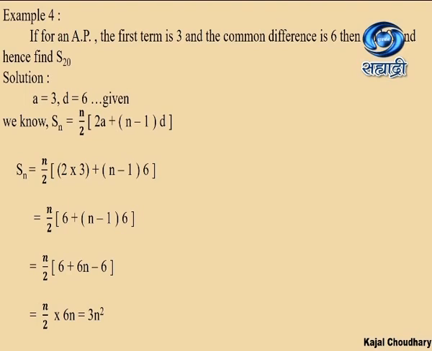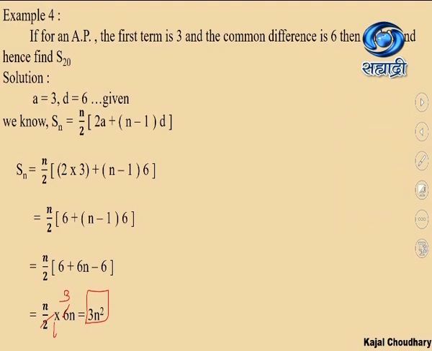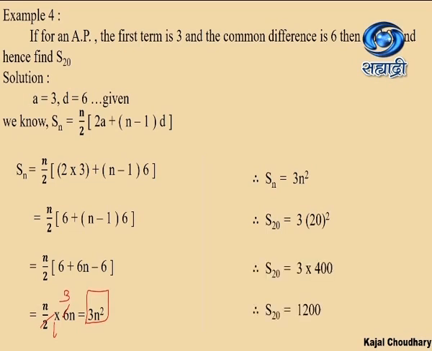Again, it can be reduced and I'll show you how. Now, 2 ones are 2, 2 threes are 6. Now, we are left with n multiplied by 3n, which is 3n square. Now, your Sn is equal to 3n square. Therefore, now we can find S20. Your n goes as 20. So, S20 is equal to replacing n by 20: 3 into 20 square. So, the answer will come up to be 1200.